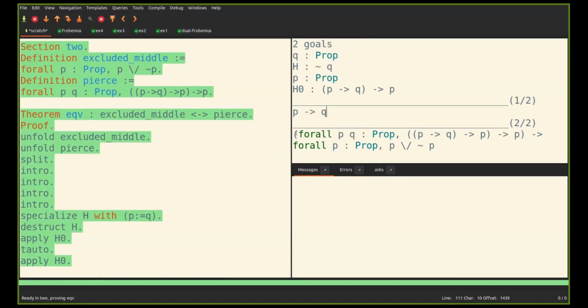Oh, okay, this is not good. Can I prove this? No. If Q is false, then P should definitely be true. Yes. But the point here is that since Q is false,